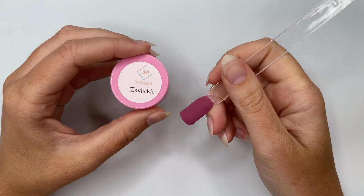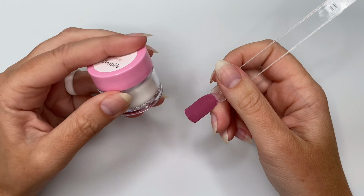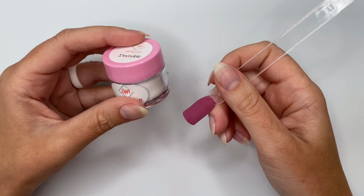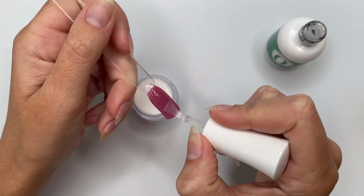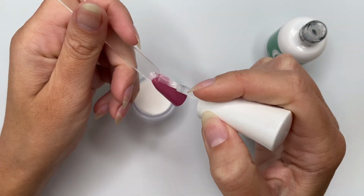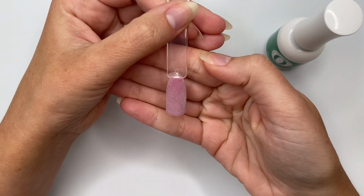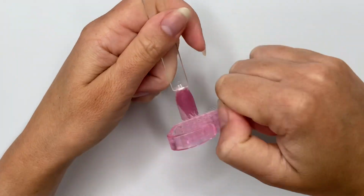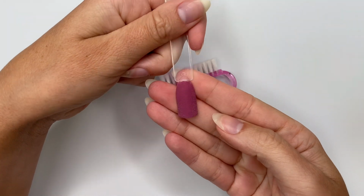So I grabbed this clear dip powder from Dip Nailed It. It's called Invisible. When we're using dip powder liquids and we want to clear encapsulate, we do need clear dip powder. So I've got my dip base and I'm going to apply a thin, even layer across the entire swatch stick and then dip into the clear dip powder. As you can see, I don't have any specks, I don't have any bubbles,